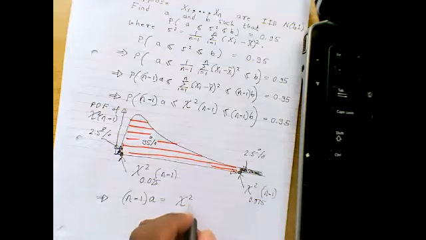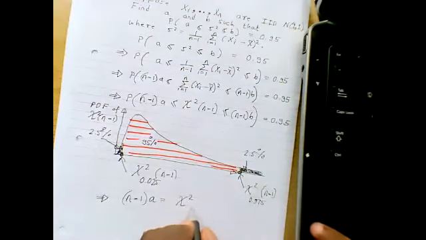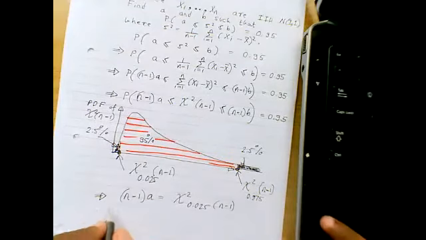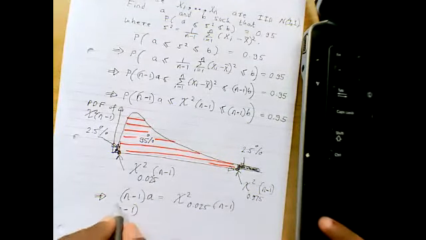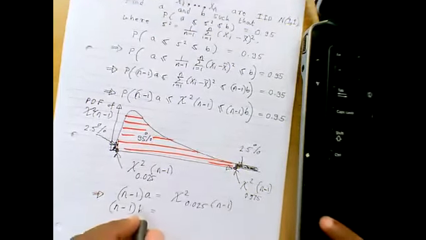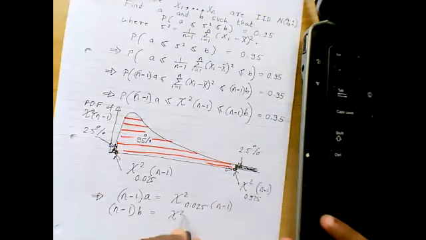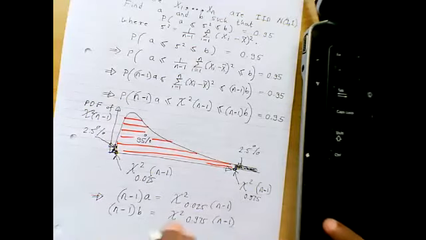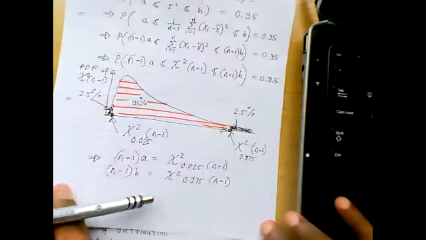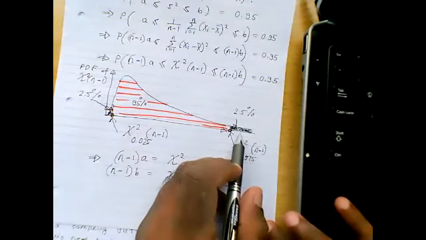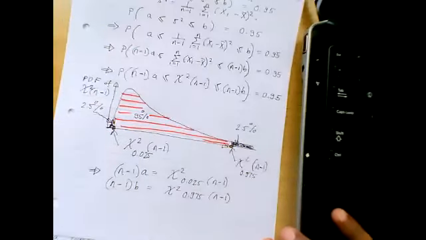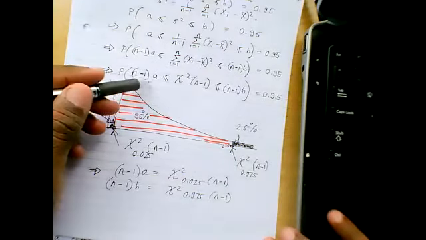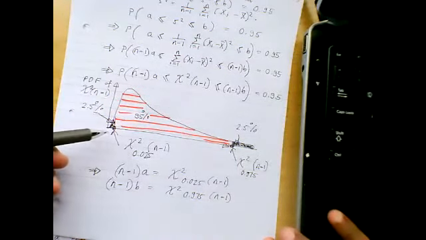it's not necessary, Mikhail, that they must be equal, but for convenience I'm just doing it this way. You're right, there are infinitely many possible answers for this kind of question. But one way to answer this question is to choose these 2 areas to be equal, but they don't need to be. So what I'm saying is that n minus 1 times a must be equal to this,